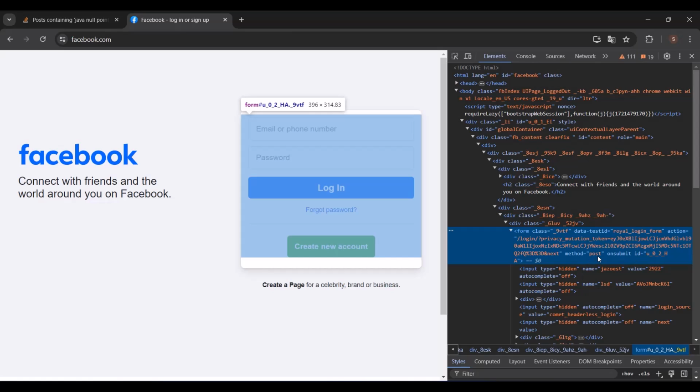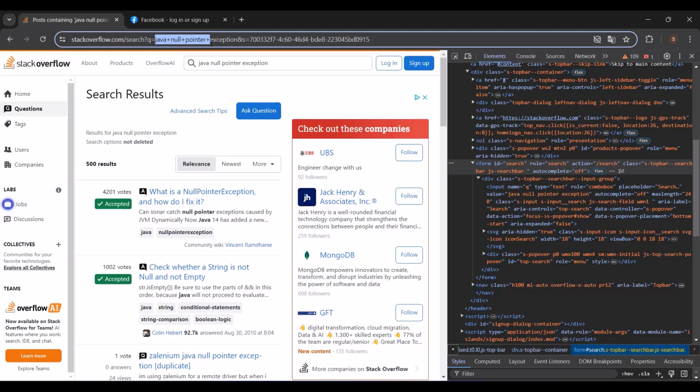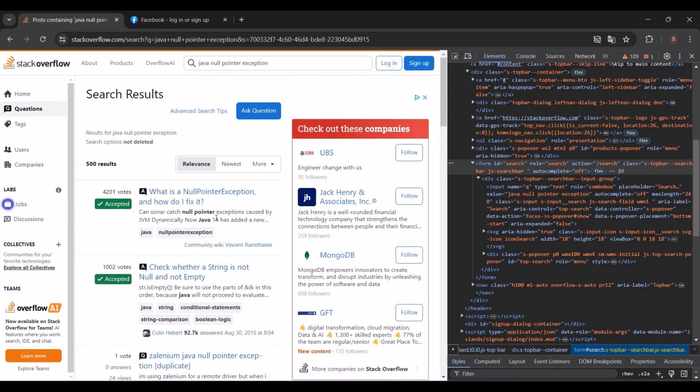The two methods that we're gonna use, those are used for HTTP requests, and the methods can be post, so you're sending some data, and get, where you get some data, like in our case, we send our form, Java null pointer exception, as you can see here, and that is sending us back from the servers, is searching in the databases and is sending us this information that you can see here. So this is how this form works.